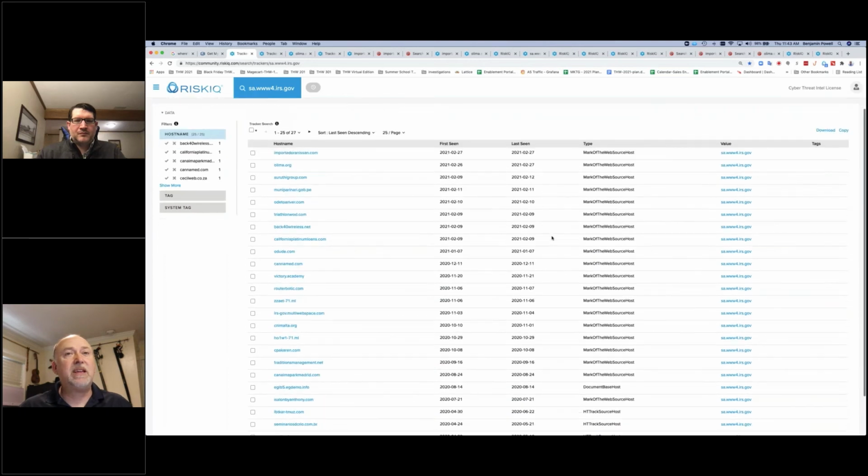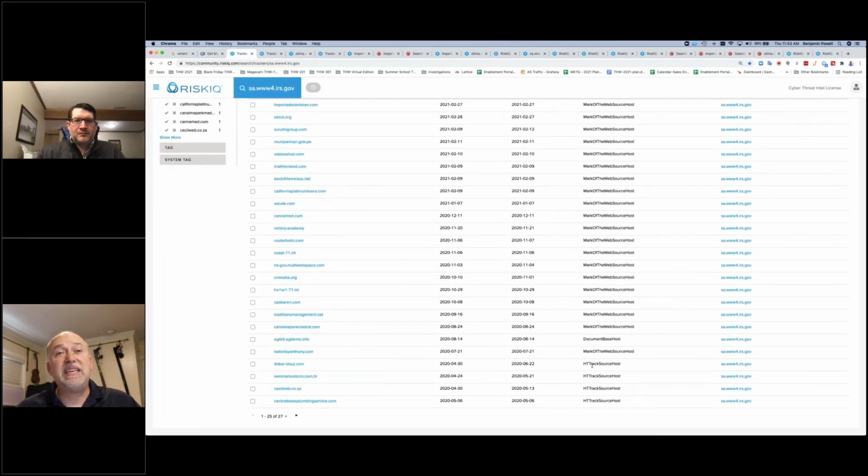So as we go through, you can see all of these mark of the webs. And you also see these HTTrack entries as well. And these were back in June. Somebody used a tool called HTTrack that you might use internally to copy something from QA and put it in production, or from dev to QA. When you use those tools to copy it, it puts watermarks in there. So you have to be careful when you take something internally and put it outside, because these are legitimate tools that people are using. So this is a way to find it. But you might see other things like document base URL. So somebody was linking to this to see if you're eligible and had a document there.